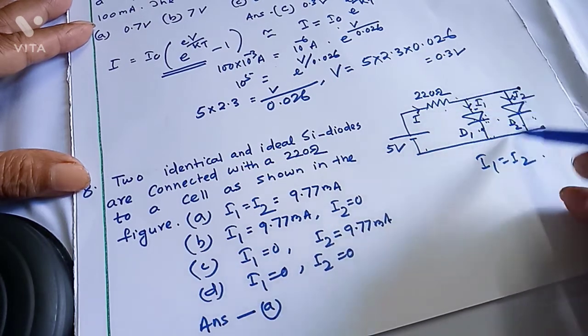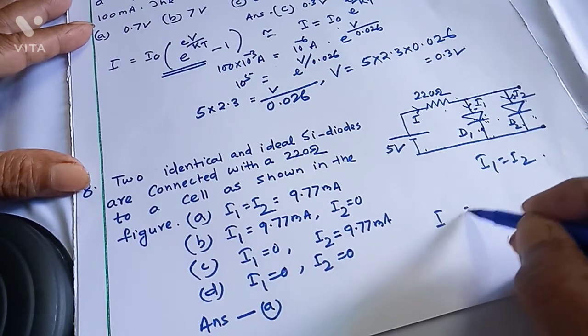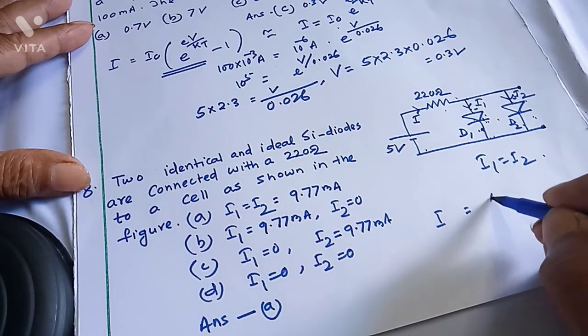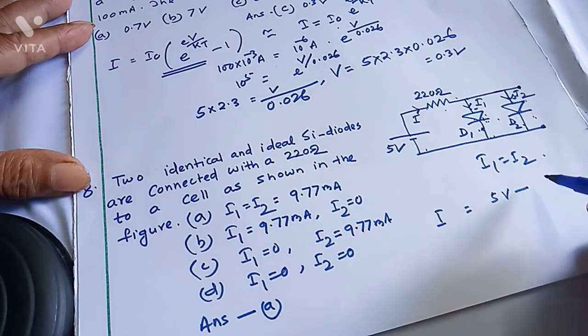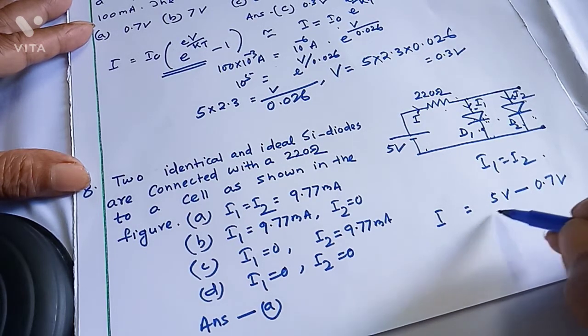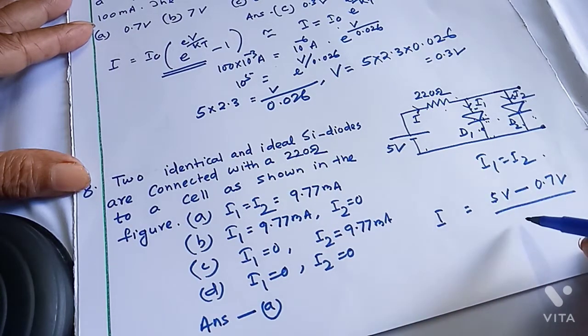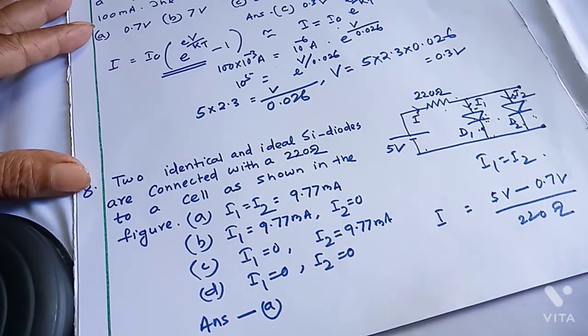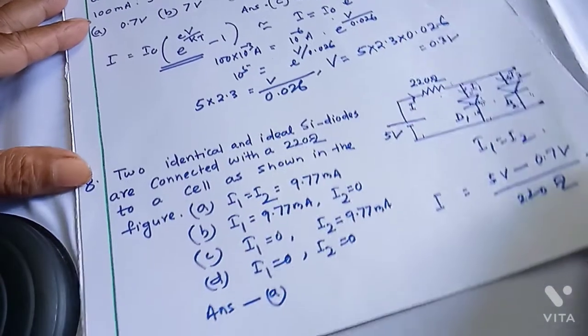So in total we can find that current equals applied voltage 5 volt minus the internal drop, 0.7 volt for silicon diode, by R, I equal to V by R. R is 220 ohm. When you simplify, this will be something, and around